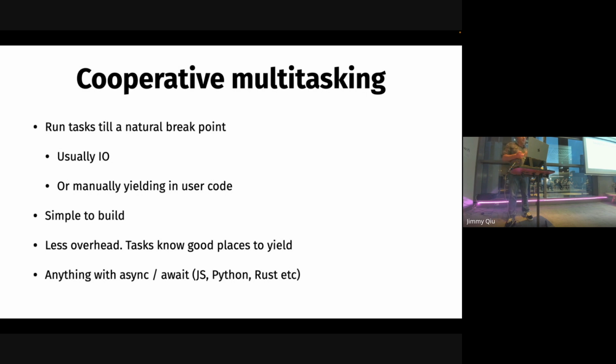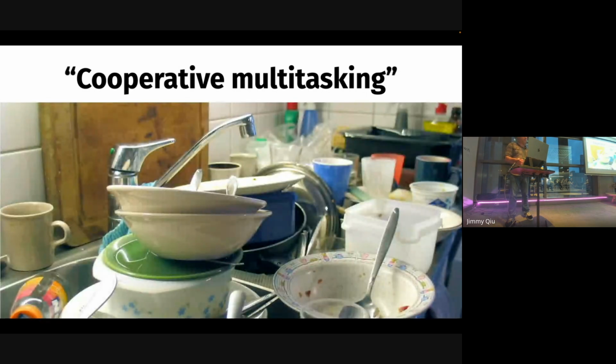Cooperative multitasking is like cooperative multitasking if you've ever lived in a student flat. You have a kitchen that's shared and that's fine, everyone just goes in, cooks their meal, cleans up, someone else has a turn. And then you get one dude who does the big bacon and egg fry up on Saturday morning and just leaves the dishes there. That's the downside of cooperative multitasking. There's nothing stopping one thing from saying, I'm just going to keep going. And that's why you don't want to use Node.js to land on the moon.